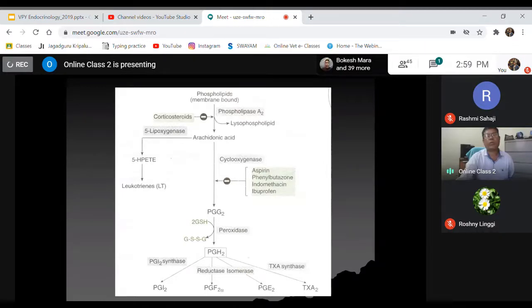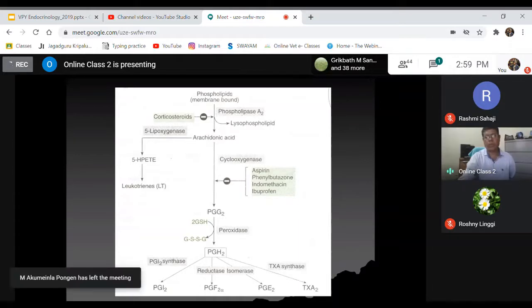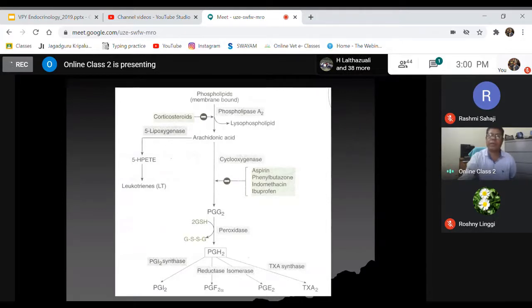Then arachidonic acid is acted upon by the cyclooxygenase. So in the second step, we have seen that once the arachidonic acid is formed, the next step is oxidation and cyclization. That is done by the cyclooxygenase to convert it to PGG2. Once this PGG2 is formed, this formation, or you can say the cyclooxygenase system, can be inhibited by aspirin,